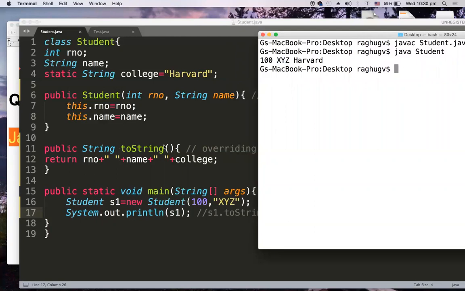This code looks elegant, efficient, and intelligent, right? So whenever you write your Java programs, you had better override toString and print object references directly, which gives you the details of your object members.